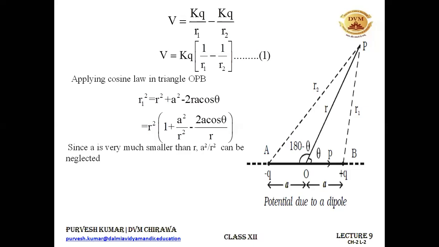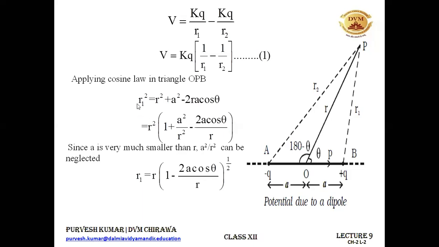Since 10 to the power minus 5 is a small quantity, and when you square it up, it becomes 10 to the power minus 10. And when you divide it with some quantity, it becomes even lesser. So that's why we have removed this A square upon R square. It can easily be neglected because it is very, very less. So we are left with this thing. We have removed A square upon R square because it is a very, very smaller quantity.